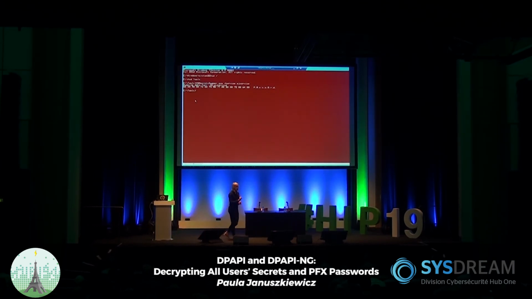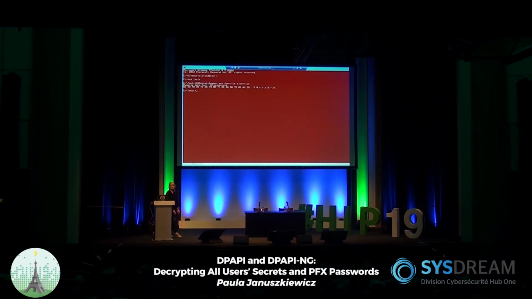Yeah. Now, also to connect the problem, we've got this service account. Do we make sure that the service account can only log on as a service in our systems? If yes, awesome. But in most organizations that we do pen tests for, that's not the case. So if I do steal this password, I can log on with this account somewhere else interactively, and then do the lateral movement, maybe at the end manage to do the backup of the private keys from the DC that we were mentioning. Yeah, so that's another scenario that is a little longer, but not impossible. Yeah. So this is something that basically we wanted to discuss.